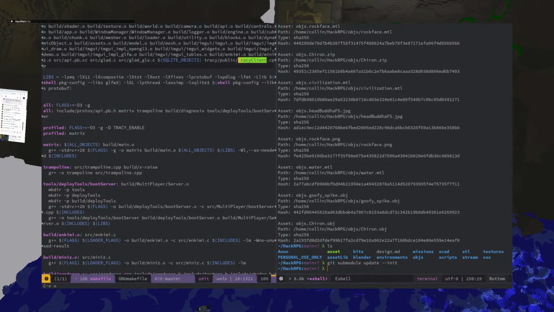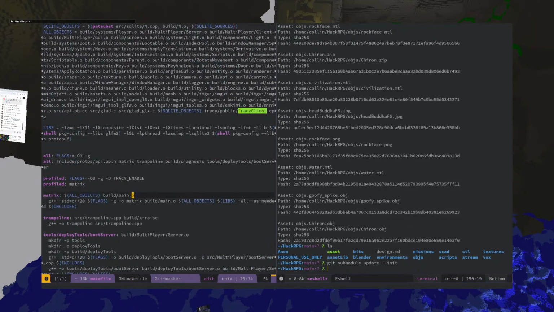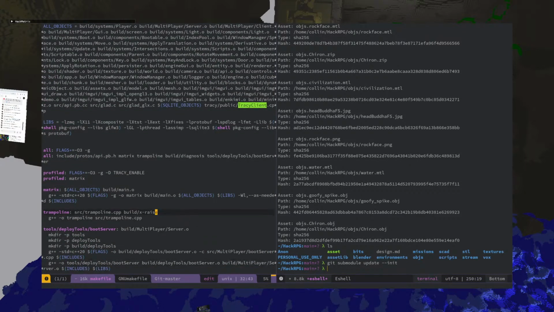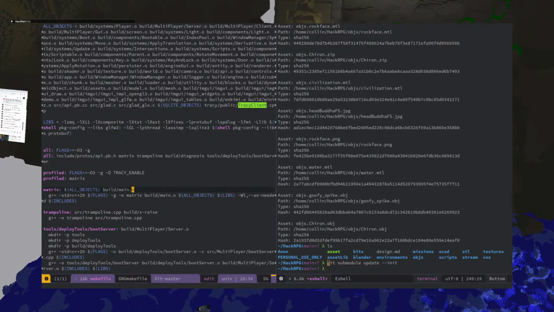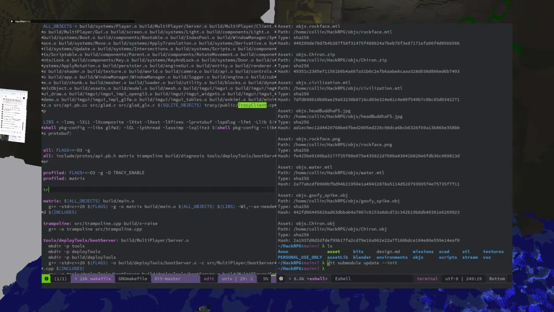So I think what I'll do, so it has all of these dependencies. Makes all of these dependencies. I'll just call this Tracy.